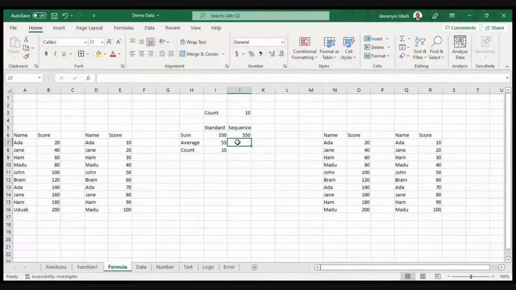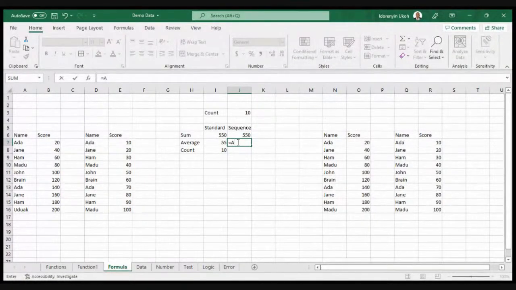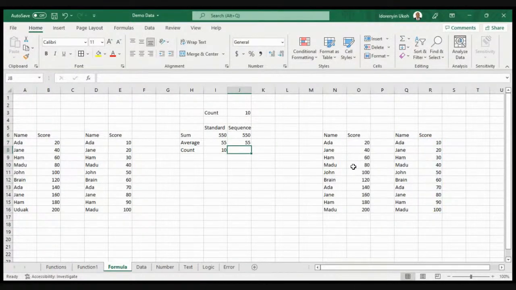As well as if I want to do the average of that. Instead of me going back to do the range the way I did for the standard formula, I will just get that and then I do hash. It recognizes that and the answer is given.